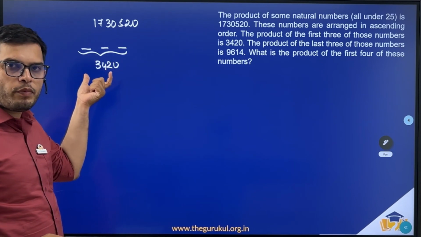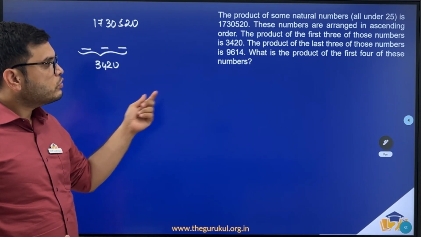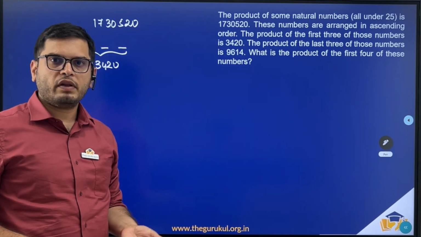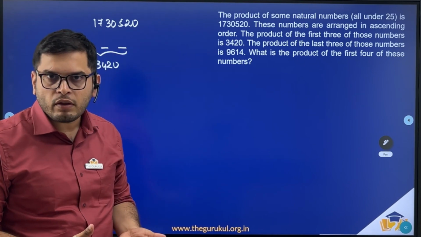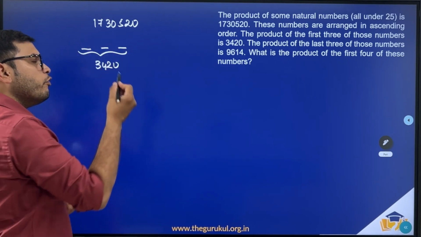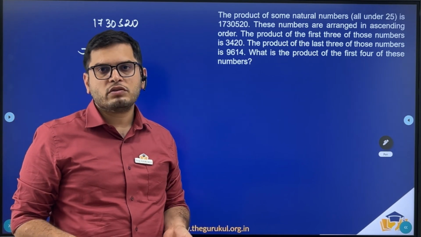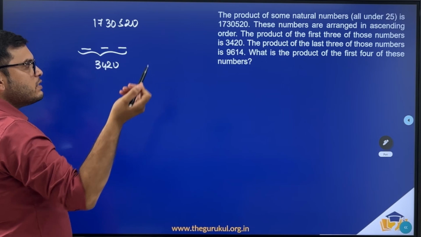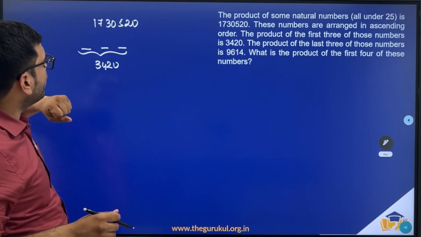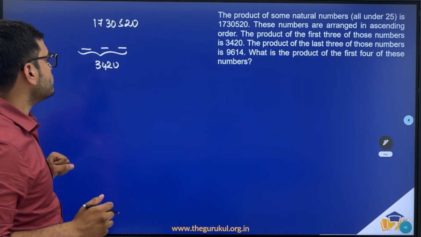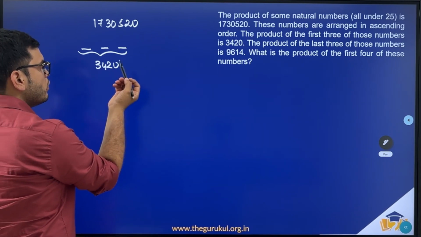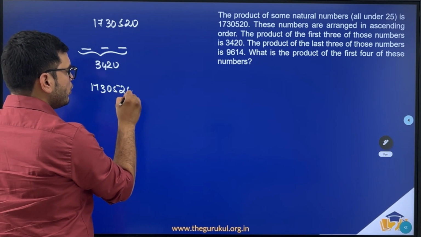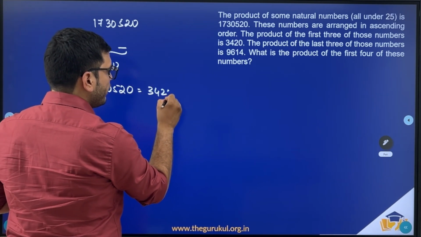So we already know the product of the first 3. So we are asked to find the product of first 4 of these numbers. So we need to find the fourth number, right? So if we can somehow manage to find a fourth number, 3420 into that will give us the answer, right? Now the product of last 3 numbers is 9614. Now first let me divide 1730520 by 3420, right? So that should be, 1730520 should be equal to 3420 into